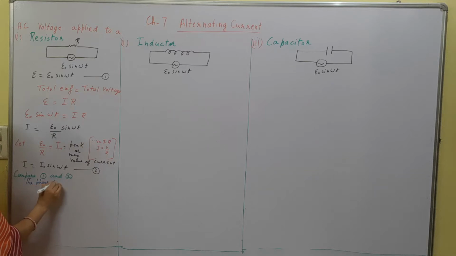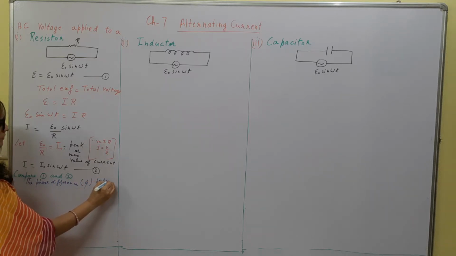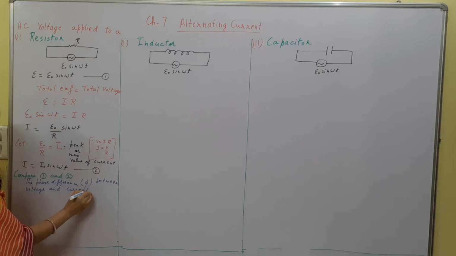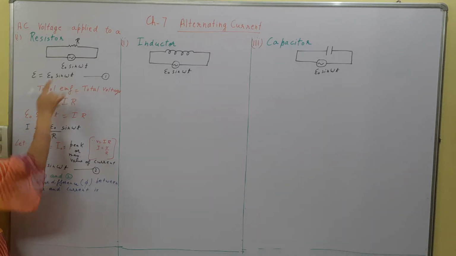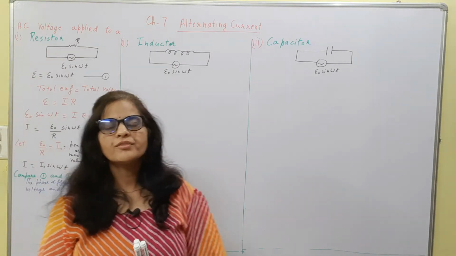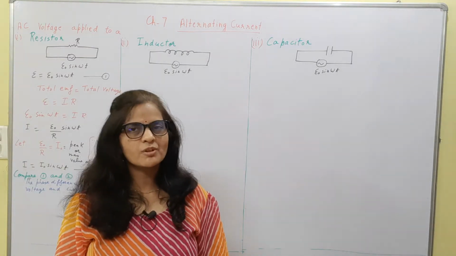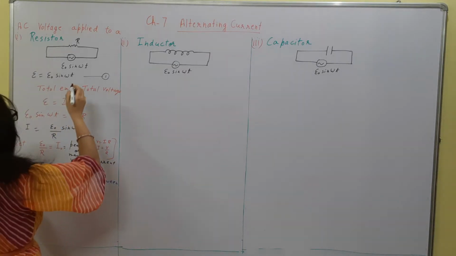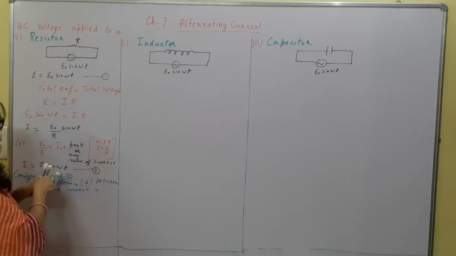The phase difference, which is noted by phi here, between voltage and current is how much? Let's check out. Here we have sin omega t, here we have sin omega t. The angular part of the trigonometric function is called phase, because phase gives the position and direction at a particular instant. So you can say that this is the phase part,